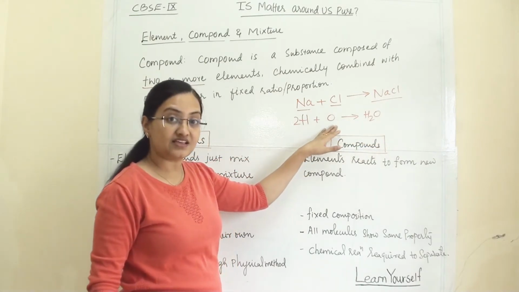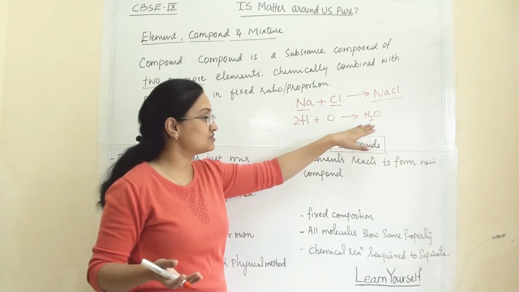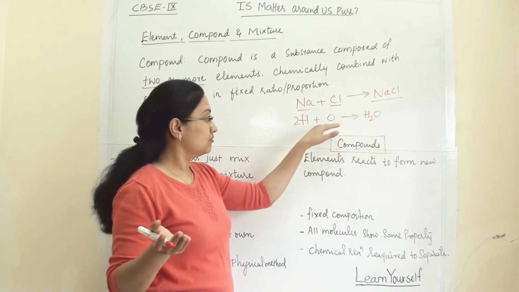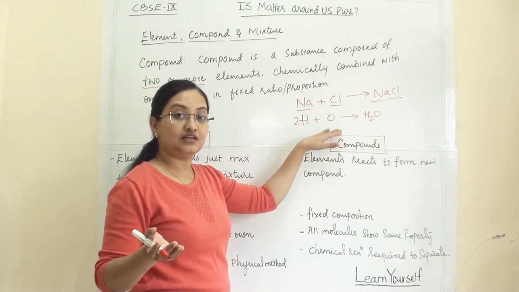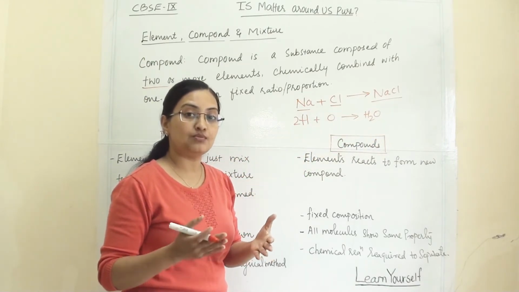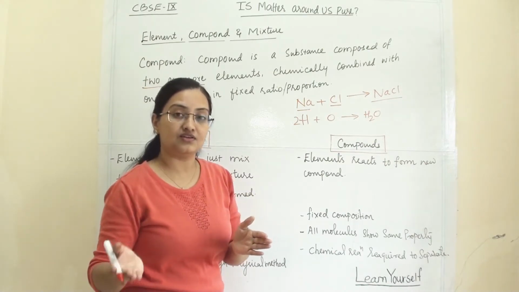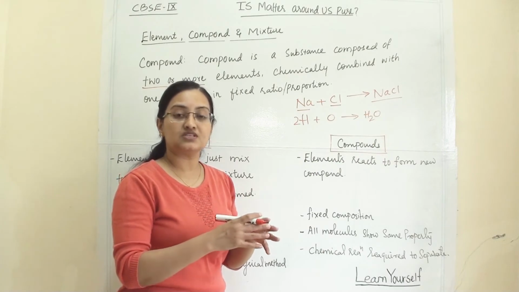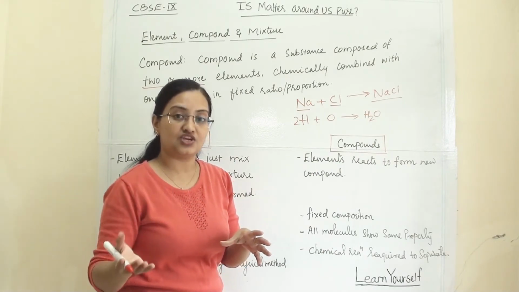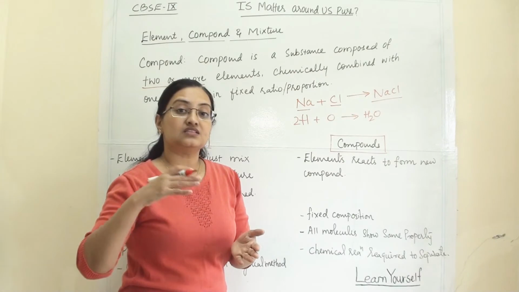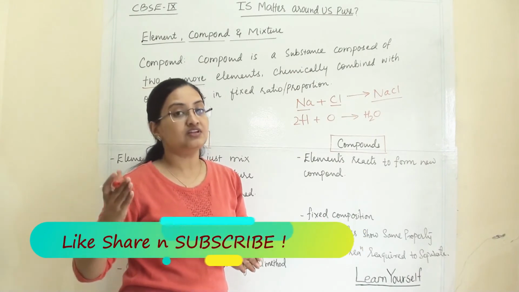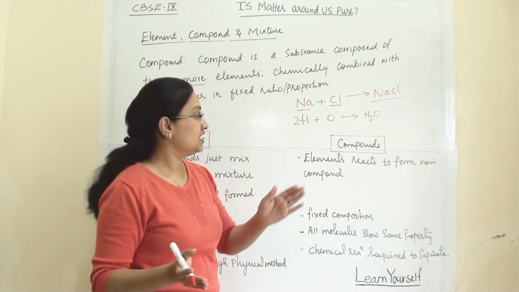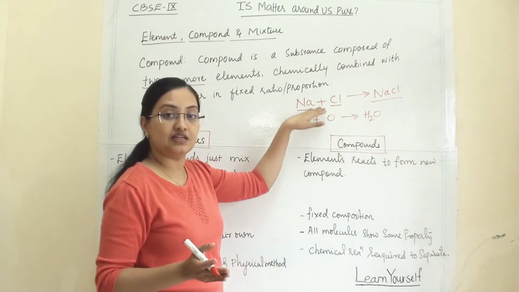Oxygen is essential for burning, whereas water you can use to extinguish burning. So their properties are completely different, and why has this happened? Because they have undergone a chemical reaction. Earlier we discussed in chemical change which substances undergo a chemical change. The substance we get after a chemical change has a completely new set of properties. It has nothing to do with their earlier elements.